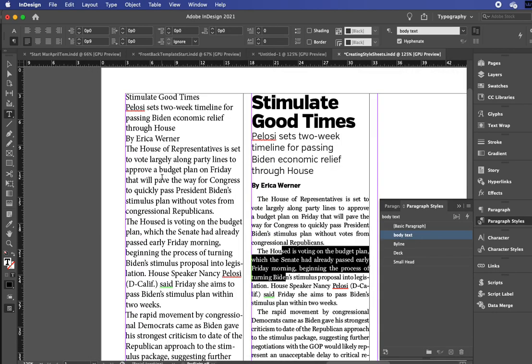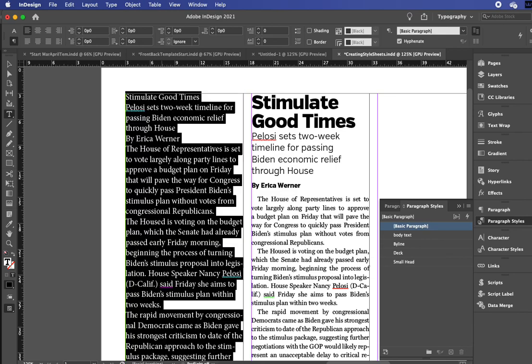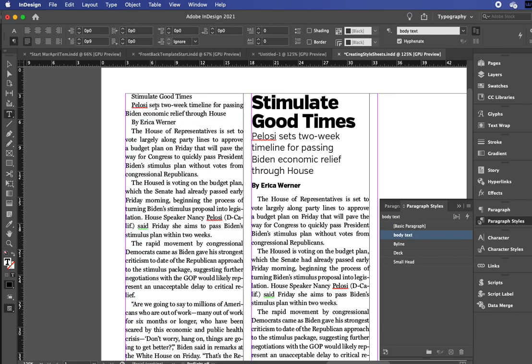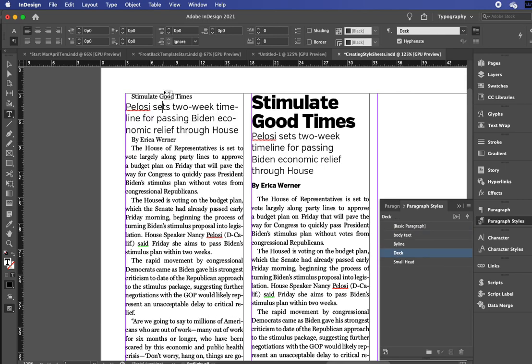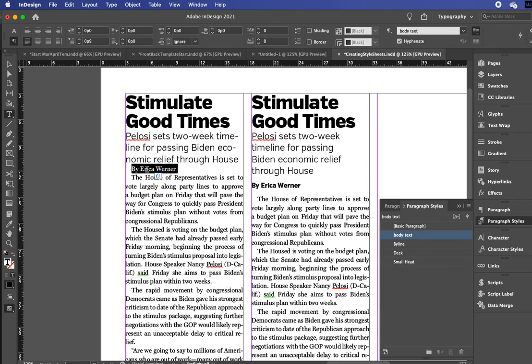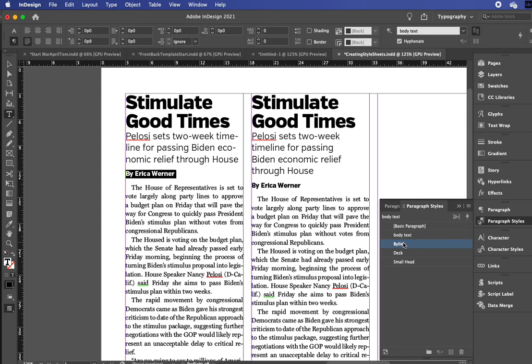So now I can just select this all, Command A, and then I could make this my deck. And I can make this my small head. And I can make this my byline. And all those decisions and many, many more possible ones got built into